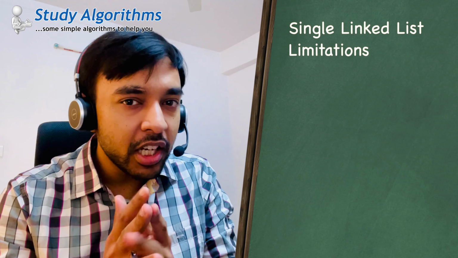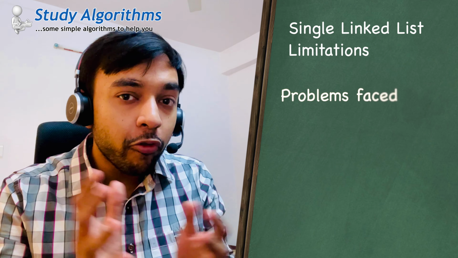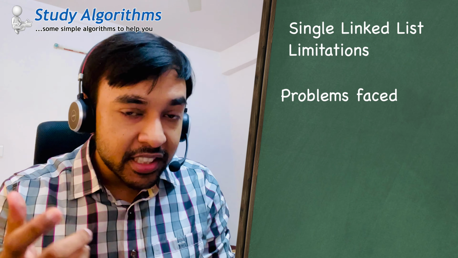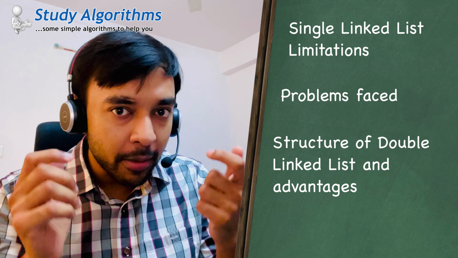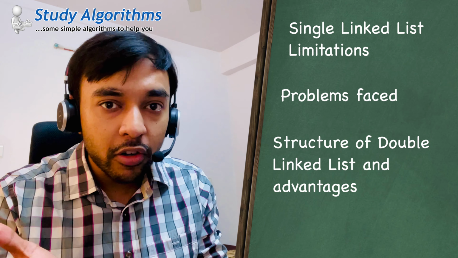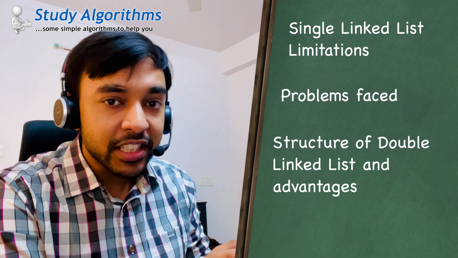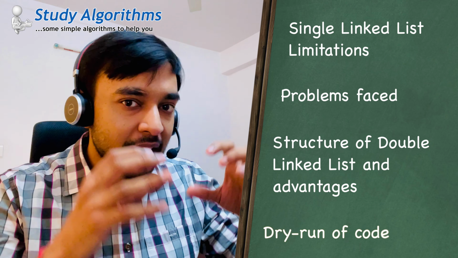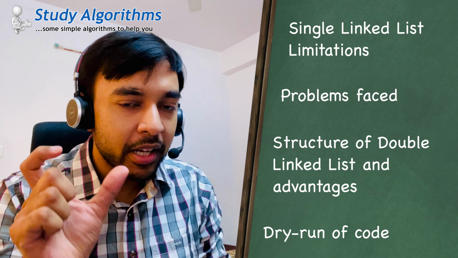So, here is what we will do. First, I will expand upon the limitations of a single linked list and what problems you generally face. Next, I will show you the general structure of a double linked list and how it addresses all of those concerns that you are facing with the single linked list. Going forward, I will show you a sample code to construct a very simple double linked list and how you can iterate it forward and backward. Note that I will be covering all of the operations on a double linked list in a separate video because first of all, I want the concept of a double linked list to be clear to you. So without further ado, let's get started.